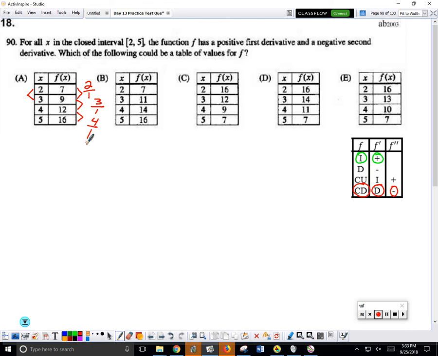That could be a value of f. I'm not sure what you mean by a value. So you're trying to find the table of values for f. Oh, right. So could this be a legitimate f function? Yes. The answer is no. Because f is concave down, which means if you follow f from point to point like this, if you go from secant to secant,